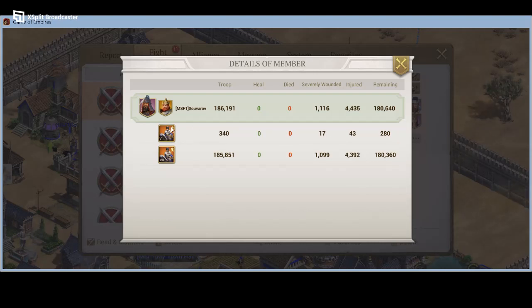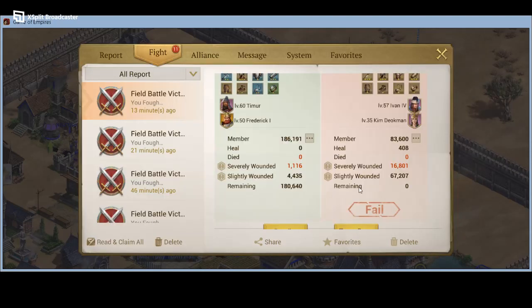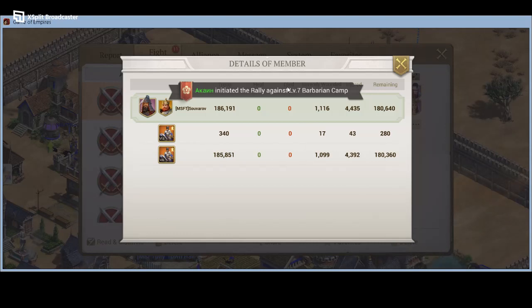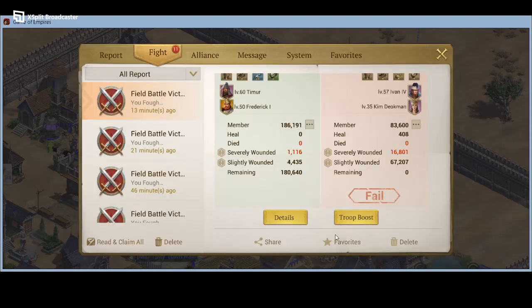And also a few T8s that were here for some reason. And basically, if you check it, you can see the detail, how many troops were actually severely wounded, injured, and remaining from each of the troops inside the march. Okay. Next thing is we can see the troop boost,